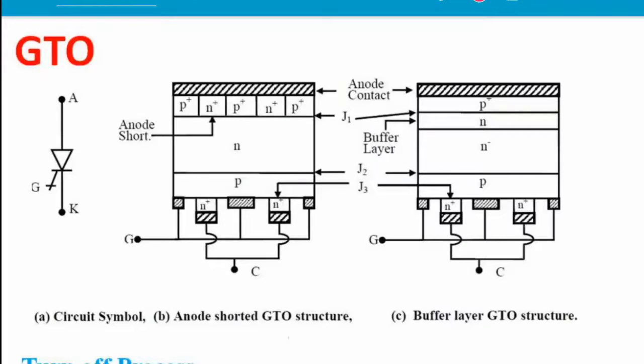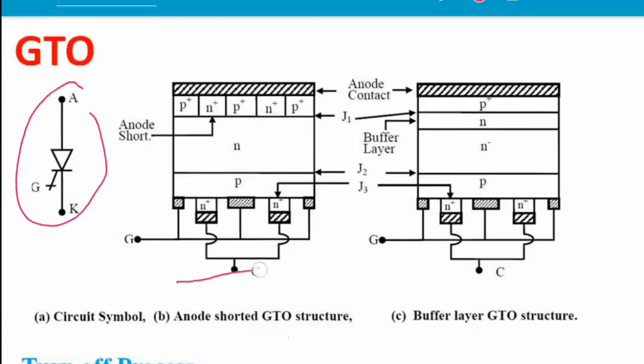Welcome to Question Bank. In this video I am going to revise GTO, which I have prepared in a precise manner, and this is the symbol for GTO. Somewhere it is also given like this. Here two lines are given and here another line is also given like this. This is the symbol.